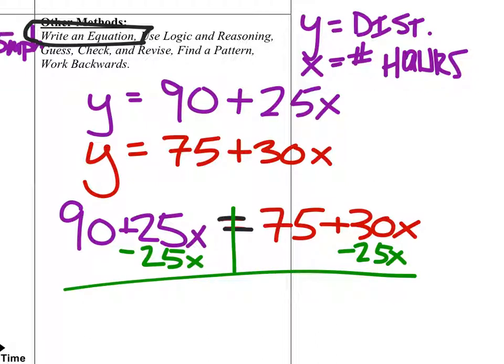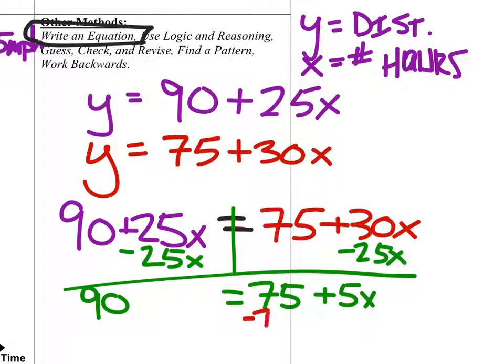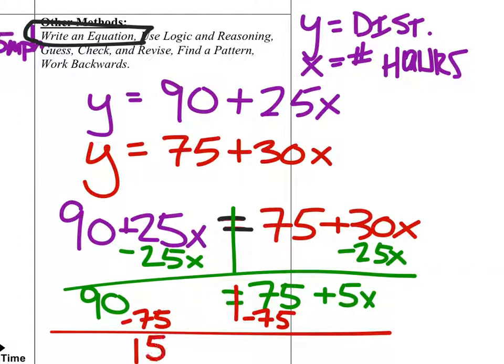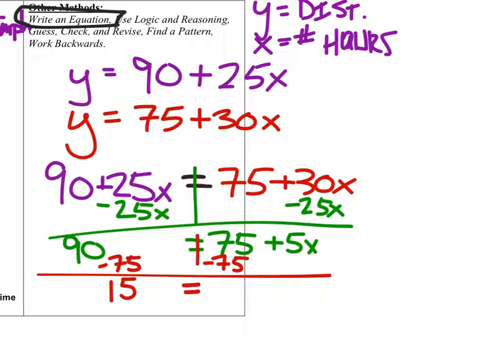This strategy, hopefully you guys learned in 7th grade as well. 90 equals 75 plus 5x. And then I would subtract 75 from both sides. Minus 75. And I get 15